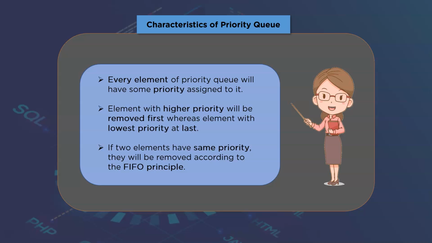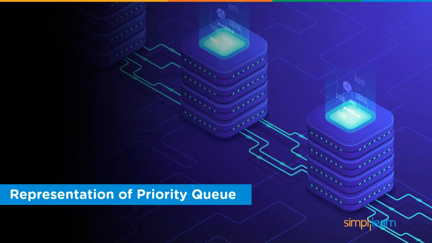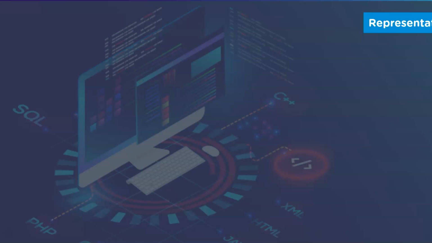Now, moving ahead, we'll deal with the representation of priority queue using a linked list, as usage of arrays is not an ideal way to implement priority queue. If we consider array implementation of priority queue, then inserting items into the sorted array will cost us big O of n. And in general, processing each element will further cost us big O of n square as discussed previously. So in this tutorial, we'll just look into the linked list representation of priority queue.